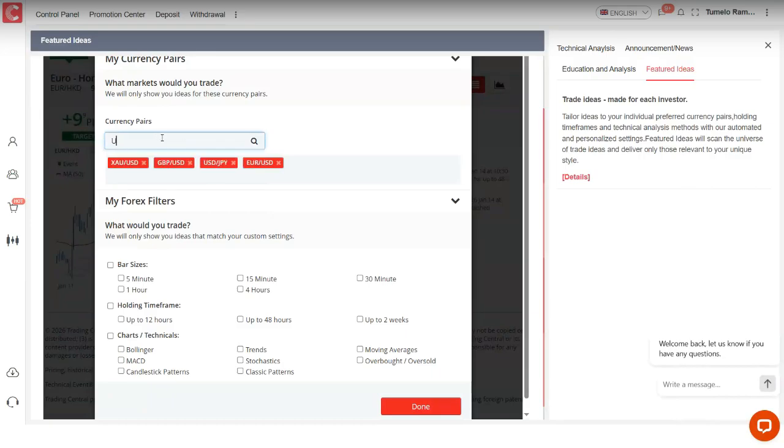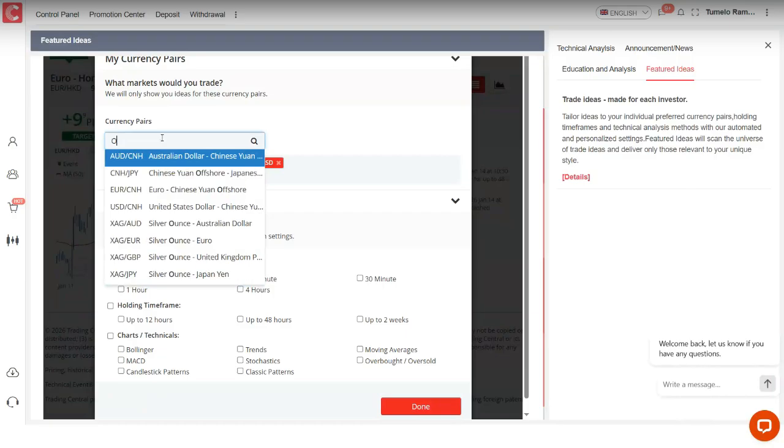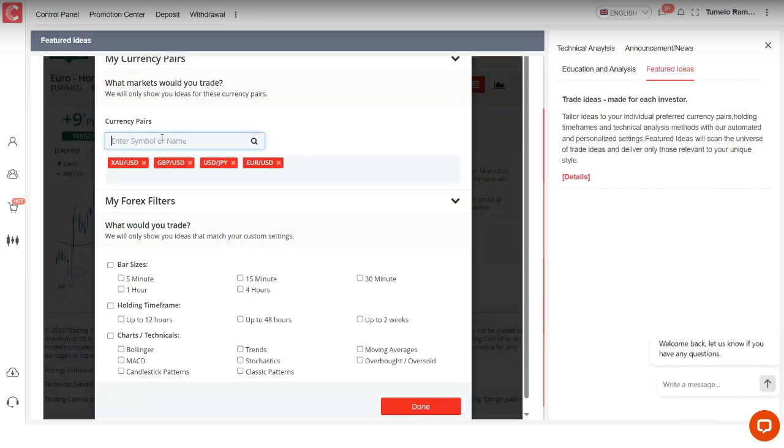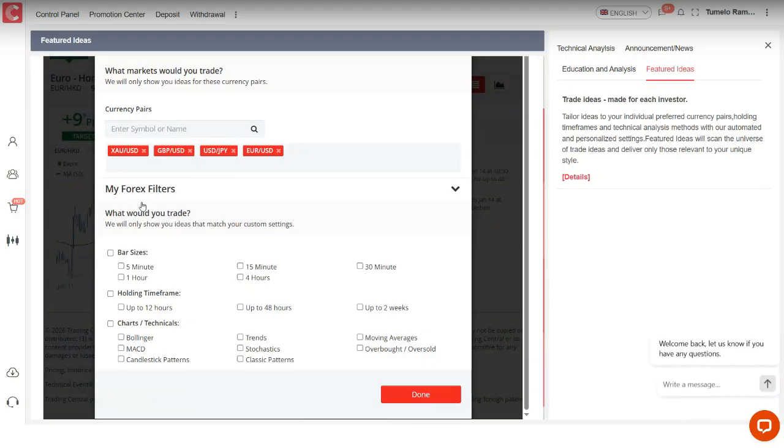Okay, so right now, once you've selected your currency pair, this selected currency pair basically shows you only trade ideas for these selected symbols that you are interested in trading for the day. Now, if we move below to our Forex filters, now the Forex filters is a section